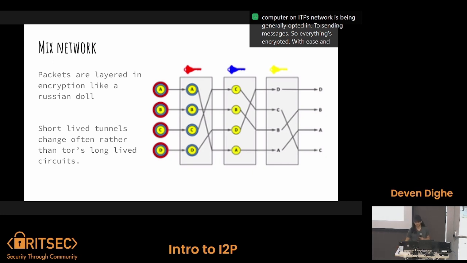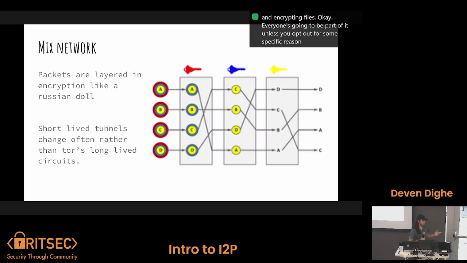That's scary stuff. But it uses what's called a mixed network, where all the data is being sent to different people. Each packet is going to be sent to different people, and everyone's going to be decrypting and encrypting files, unless you opt out for some specific reason.